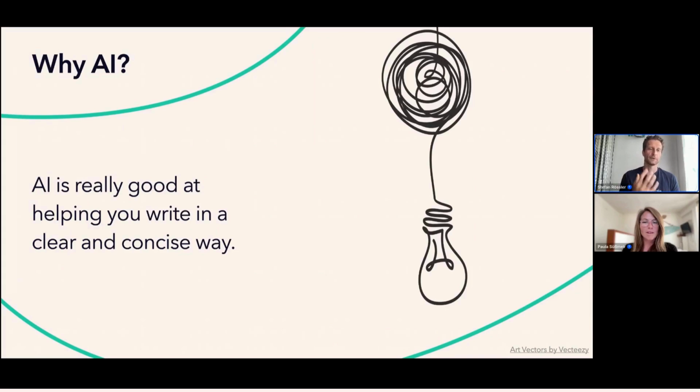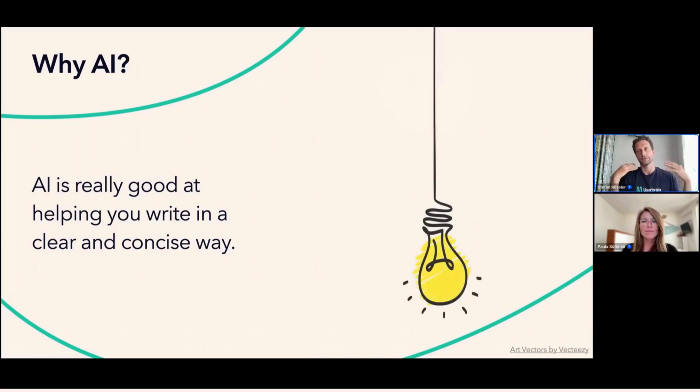I know for myself, my way of communicating is in simpler and simpler language, almost like distilling it to the point where this knot that you see there is completely straightened out and you can get your ideas across. So that's something where we think AI has a huge benefit also when it comes to the field of user testing, where it can really help you formulate your findings in a way that people instantly get. That's what this is about. So those are 5 things that AI is really good at.